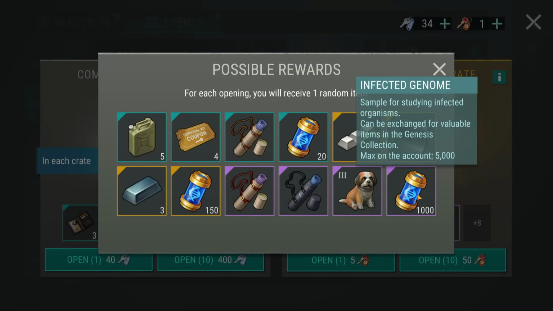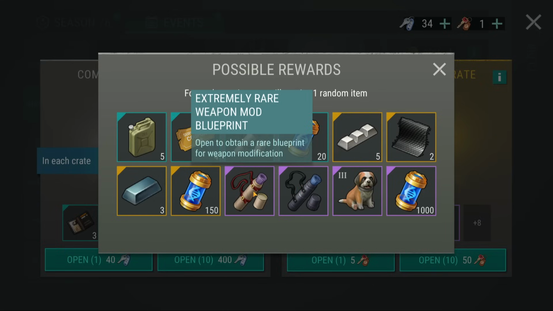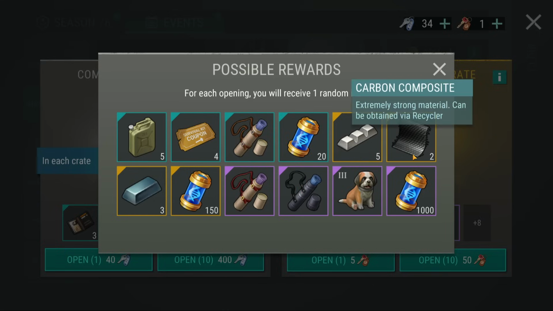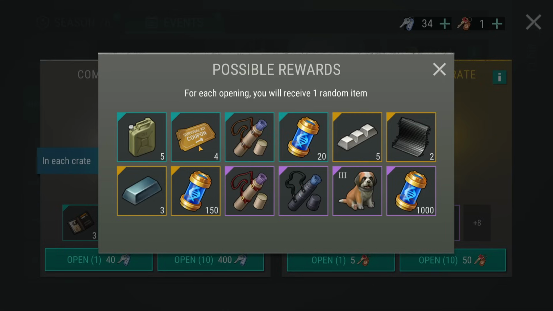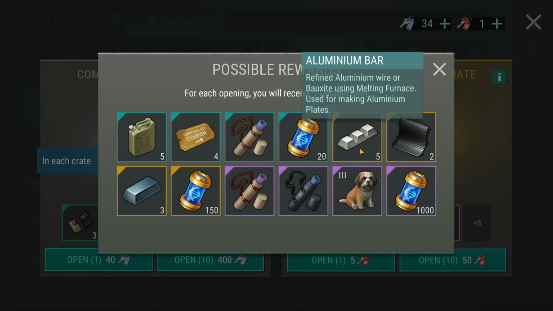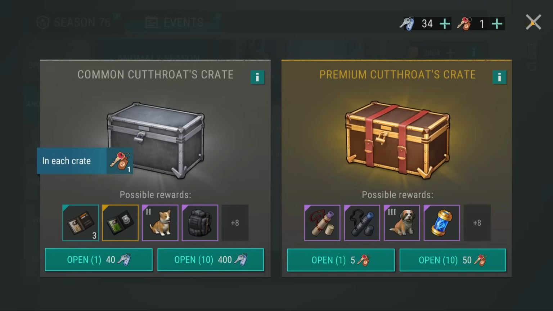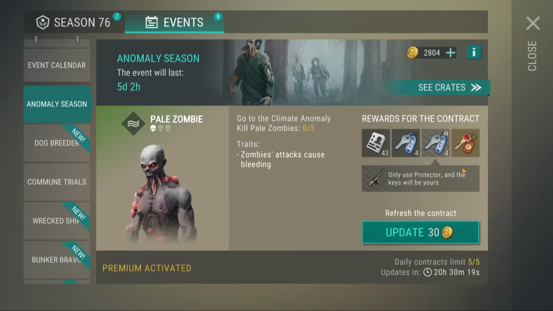You get some chances at huge amounts of genome, which is pretty sweet. Drone mods, extremely rare mods, a little bit of steel, a little bit of carbon composite, but there are still a couple of things if you're unlucky, like 4 yellow tickets is kind of mad mids, 5 aluminum bars, kind of mad mids, a little bit better, but still, that's going to be the kind of main changes,